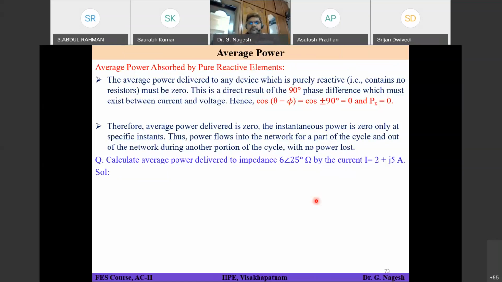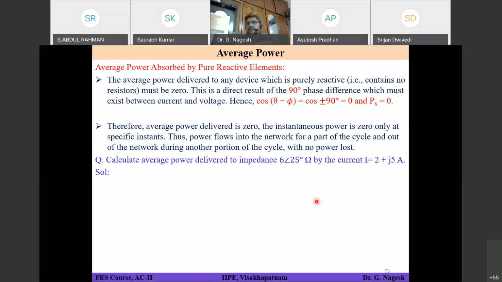So impedance is given to you, which is 6 at an angle of 25 degrees. First of all, you have to make it into real and imaginary terms. If you break it in that fashion, you will have some resistor plus j omega L. You have the current, which was given in rectangular form. You can convert it into polar form and get the maximum value of that. So Imax is available to you, and after converting this impedance into rectangular form, you will get R also.